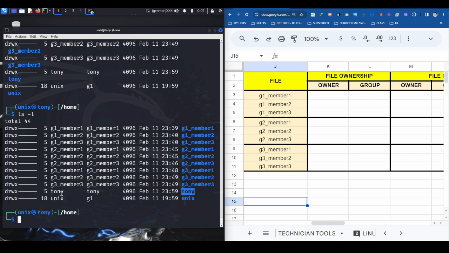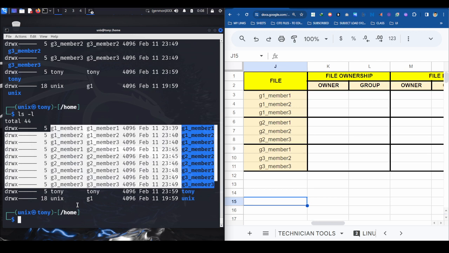How can Tony access the Unix home directory, and how come the Unix user can access Tony? Let's talk about these two users. Later we will tackle the other users. Okay, this one. So